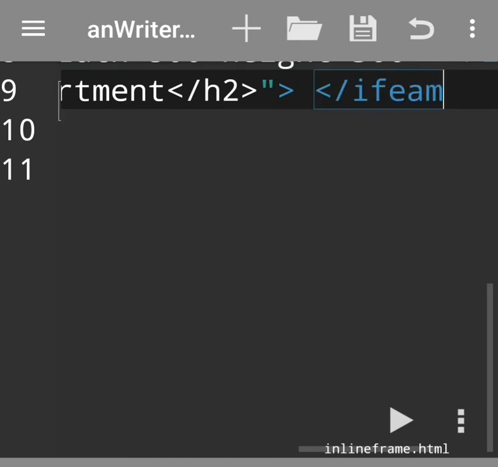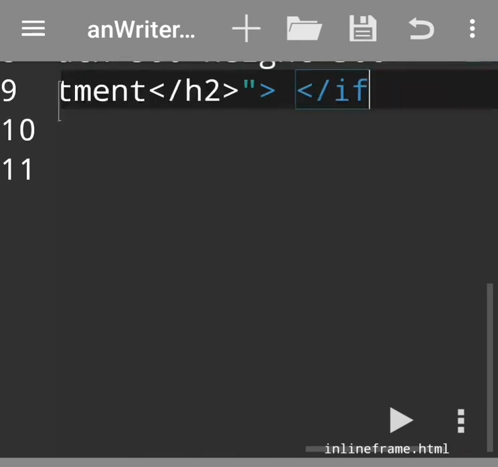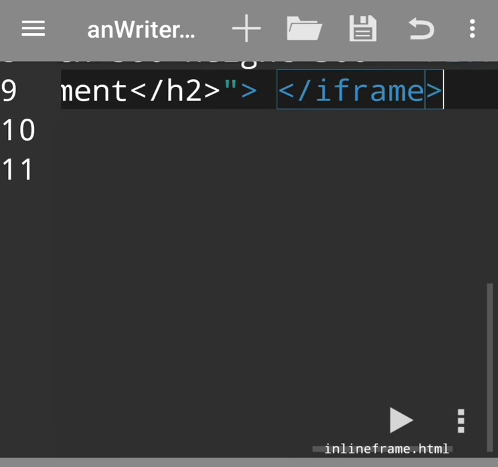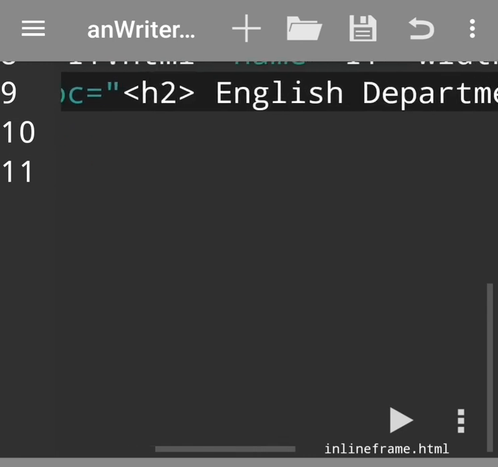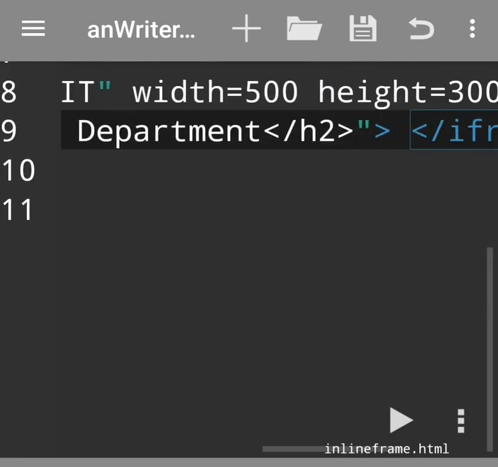So it will insert another inline frame with one sentence, English department, in our web page.